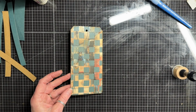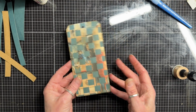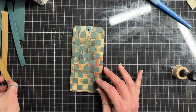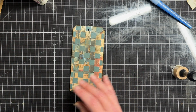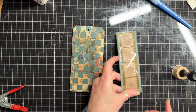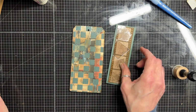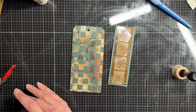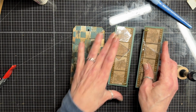Weaving paper, just a fun little thing to do. And then this will be a nice little tag to go into the giveaway journal actually. So to recap, I didn't do a whole lot, but I did get these adorable little film strips ready to go. So those are ready to ink and then put into, there's another one here somewhere. I don't know what I did with it. Those are ready to ink, and then there it is. And then put into